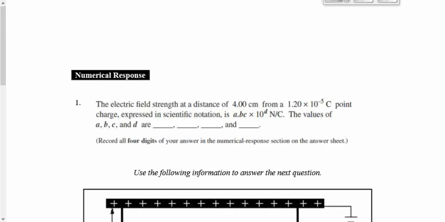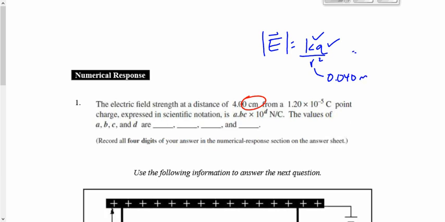Numeric response number 1, the electric field strength, this distance from this point charge is what? We're going to circle the centimeters here. And then we're just going to find the value of the field using the producer equation. This is a non-uniform field, so we're back to that first producer equation, not parallel plates, nothing like that. We get the value of K, we get the value of Q, and make sure you make the value of R in meters, 0.040 meters. When you do that, you get a value of 6.74 times 10 to the 7,